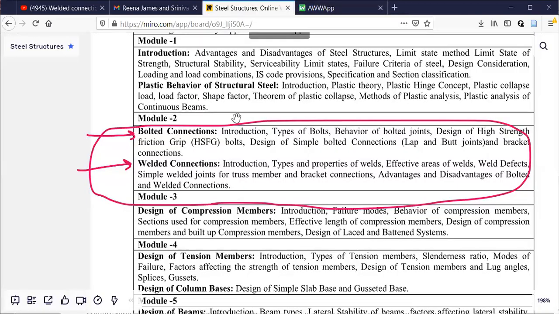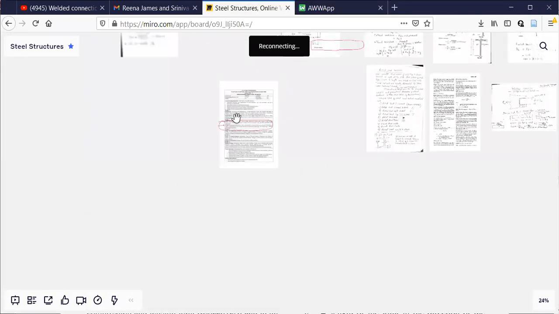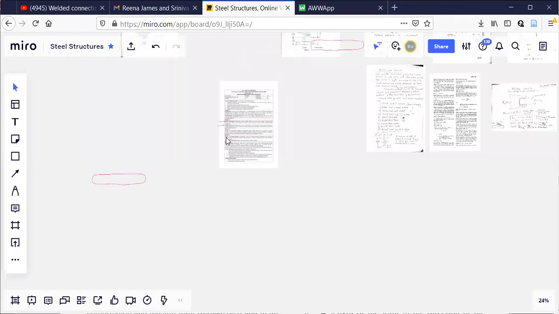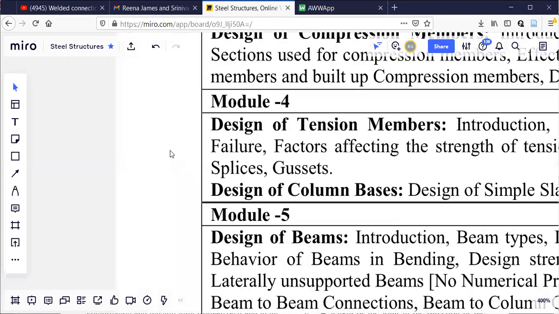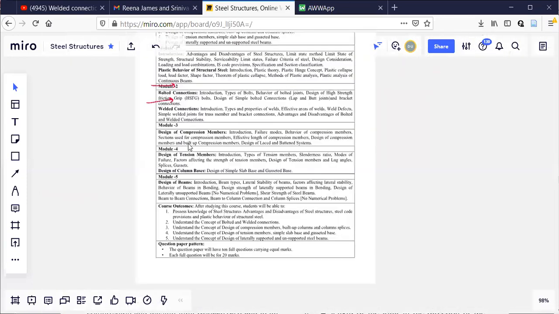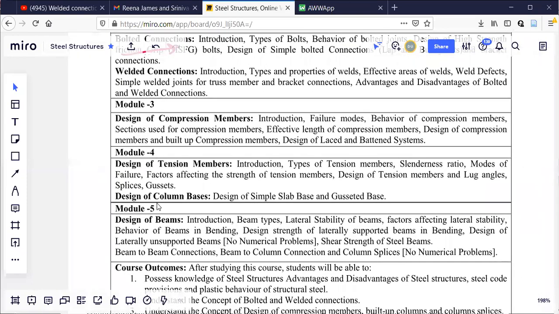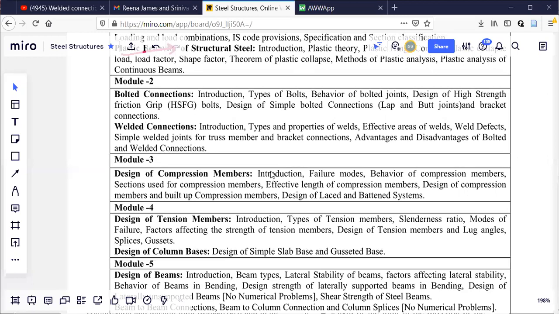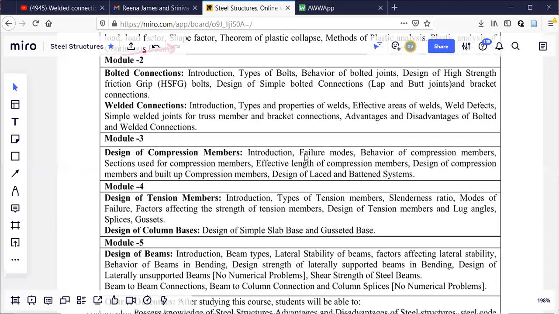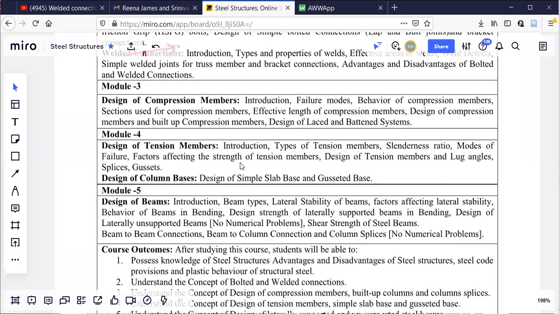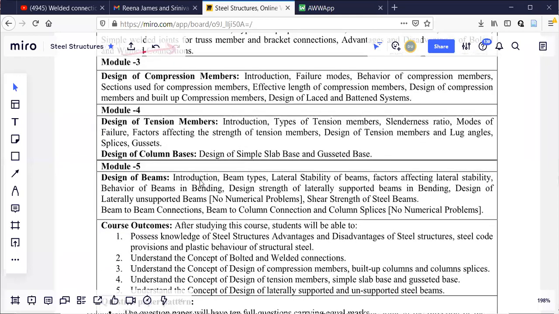In case of steel structures, I'll just go back to this. So this is the syllabus here. Syllabus is done. Again, observe: bolted connections, welded connections, design of compression members, design of tension members, design of beams.